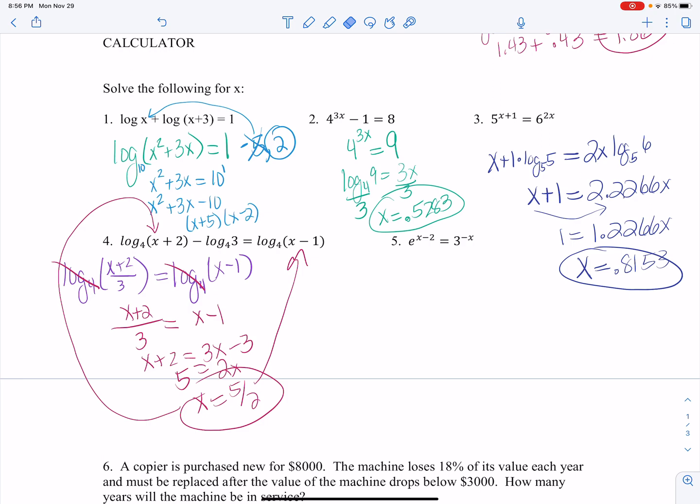So again, you have exponents on both sides, so you can log base whatever you want. I would personally ln both sides. That's what you're going to do in organic chem anyway. Because then this side becomes x minus 2 times the ln of e. Well, the ln of e is 1, so this side just becomes x minus 2. Okay, and on the next part, you're going to bring the negative x out in front times the ln of